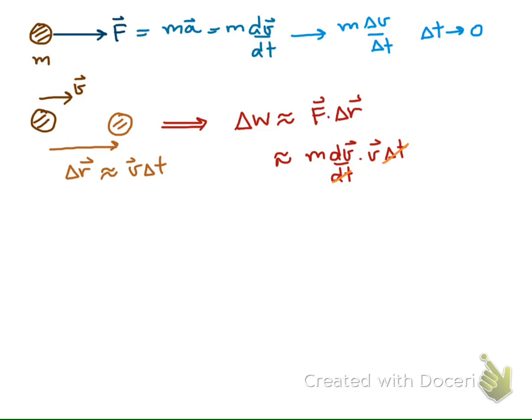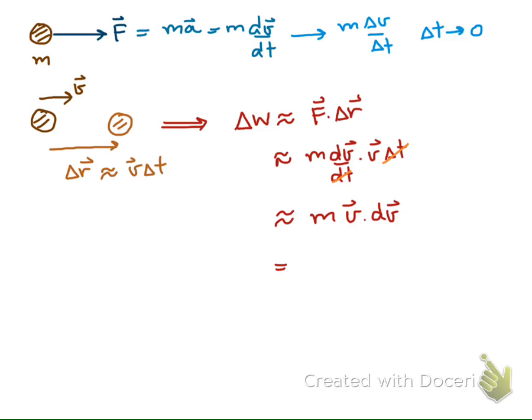But keep in mind that this is valid only when delta t is very small. So at the end we have that this is equal to m v dot dv. Okay,